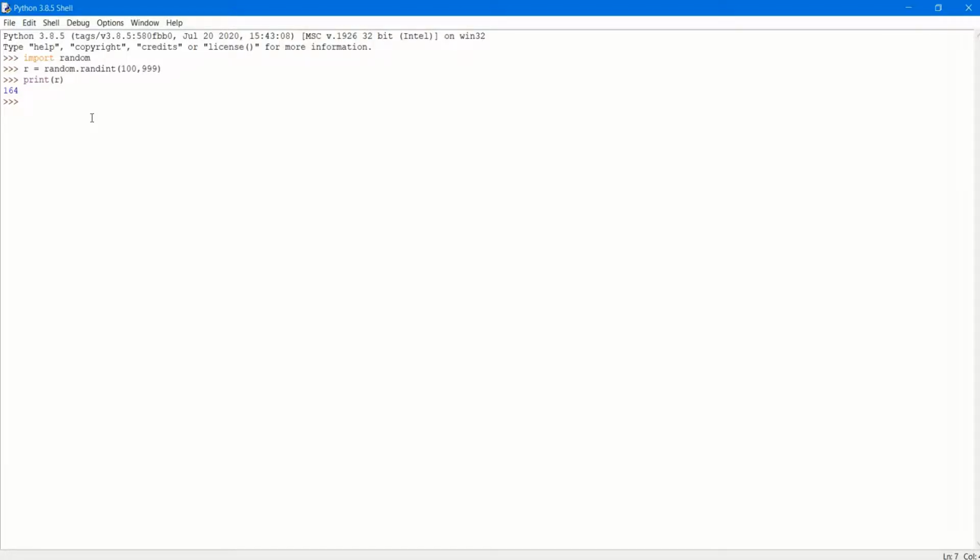So let's now generate 25 random 3-digit numbers. For that I will be using a for loop, for i in range 25. Okay, 25 times. Now just copy it, r equals the random number. A 3-digit random number will be generated in each step, and I will print